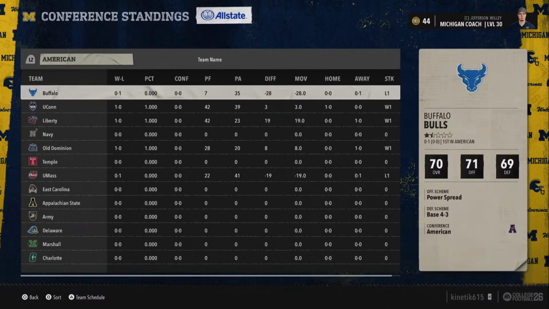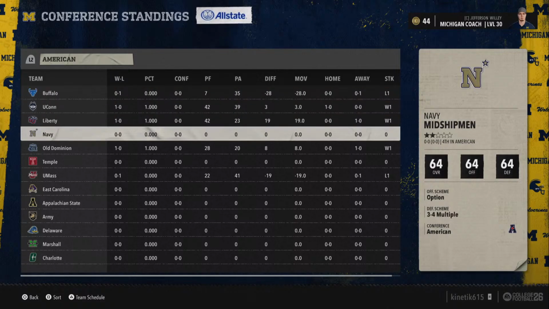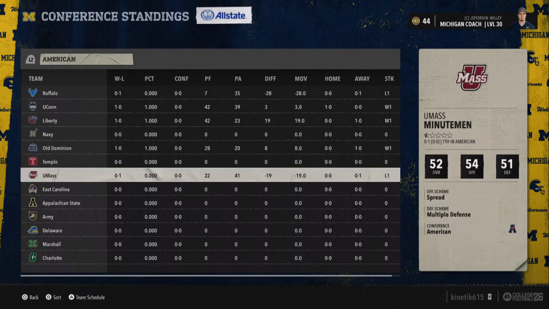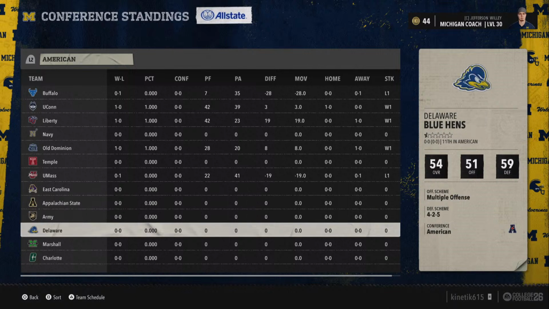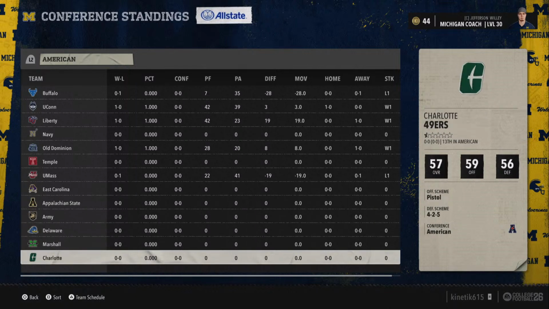The American Conference, being the relegation conference of this pairing, has Buffalo, UConn, Liberty, Navy, Old Dominion, Temple, UMass, East Carolina, Appalachian State, Army, Delaware, Marshall, and Charlotte.